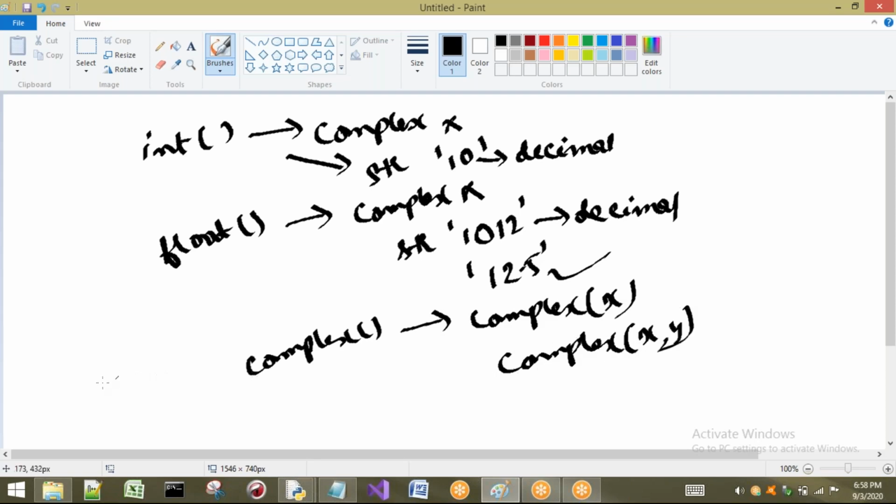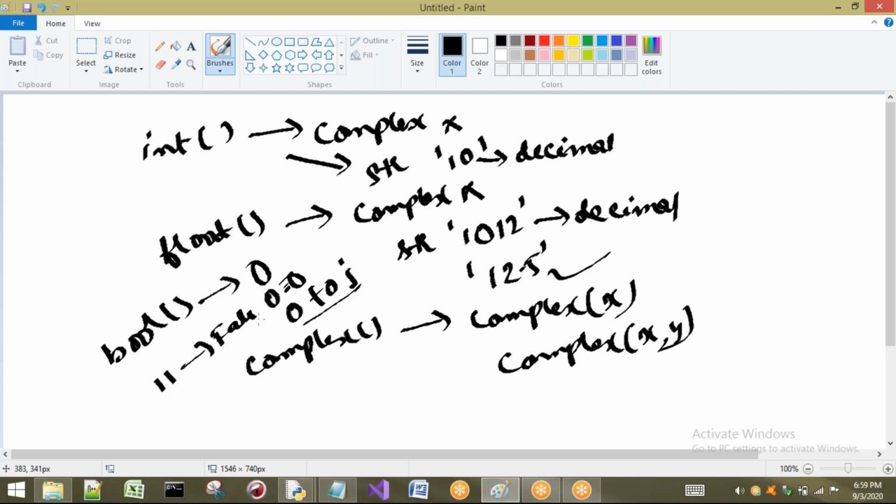Next, if you want to convert anything to bool, bool means everything except zeros. In int, 0 is false. In float, 0.0 is false, or 0.000 is also false. Bool does not need converting into bool. For complex, except 0.0j, all remaining are true. In string, except the empty string, all remaining will be considered true. Even if you take a space, it is going to give you true only.